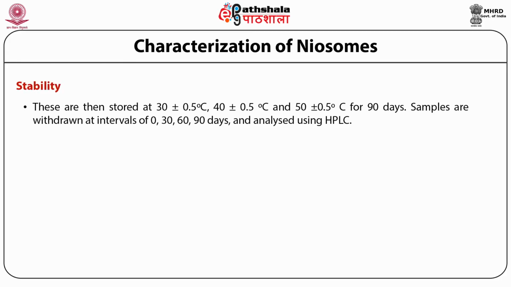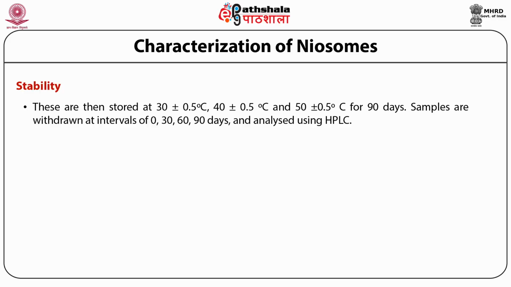The packed neosome formulations are stored at elevated temperatures such as 30, 40 and 50 degrees centigrade for 90 days. The samples are withdrawn at intervals of 0, 30, 60, 90 days and analyzed for drug